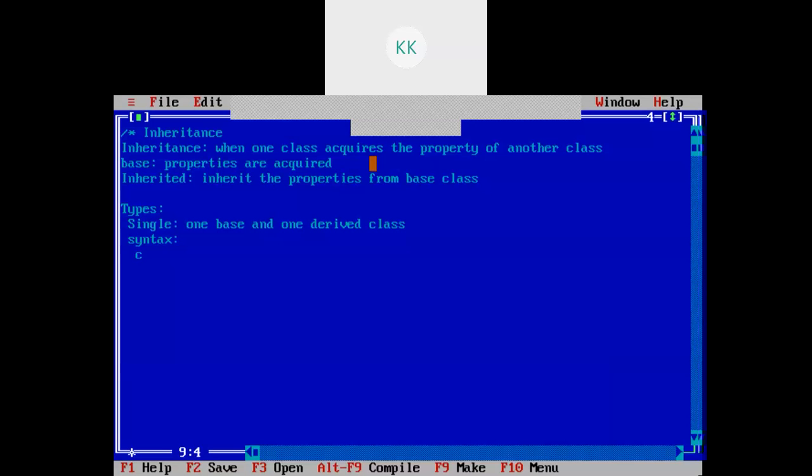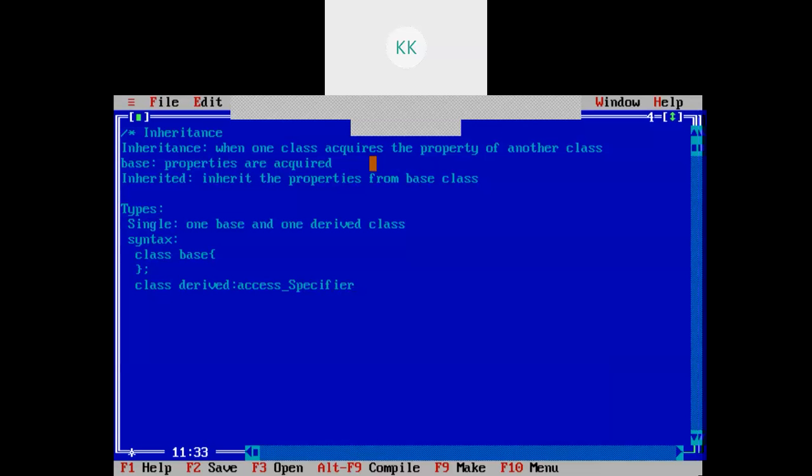So we have a syntax for it. Class base, this will be the base class from which you will be inheriting the property, and then class derived, in which you will be deriving. Then after this you have the access specifier. Access specifier we have already seen.